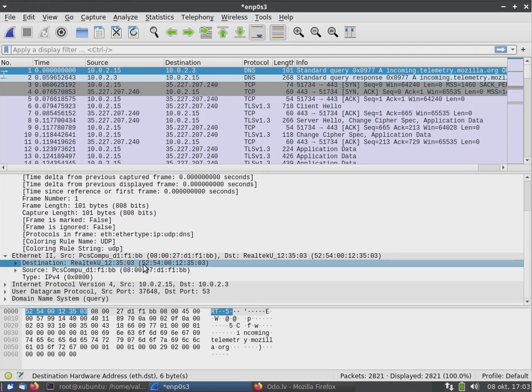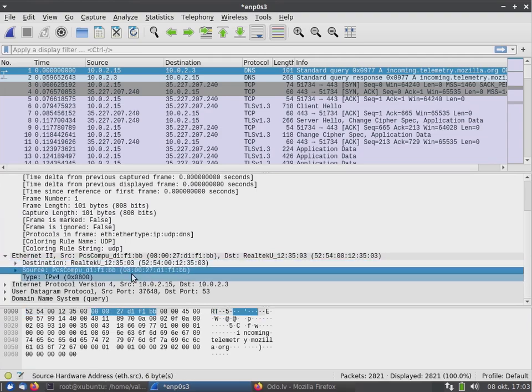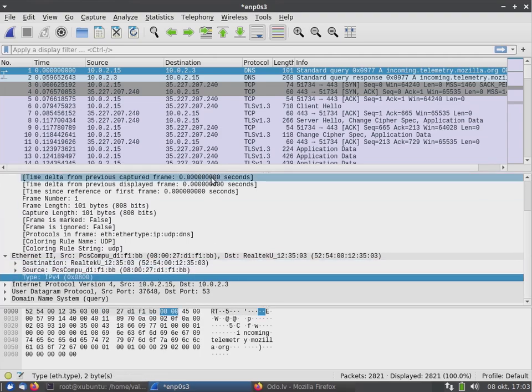So the so-called media access control address, or MAC address in short, of this machine is in hexadecimal 52, 54, 00, 12, 35, 03. That's the destination. And the source is this one in hexadecimal. And the type is this one.